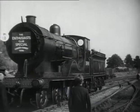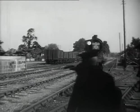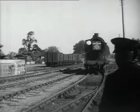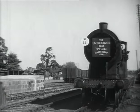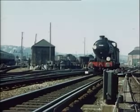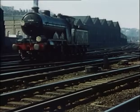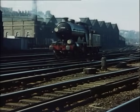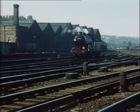The Southern strategy of electrification had been severely disrupted by the war, so these elderly engines had not been made redundant. The smaller standard classes proved to be suitable stopgaps until the programme could be resumed, which, after a 20-year gap, occurred in Kent. The Brighton Main Line and its principal secondary routes had benefited from the 30s electrification programme,